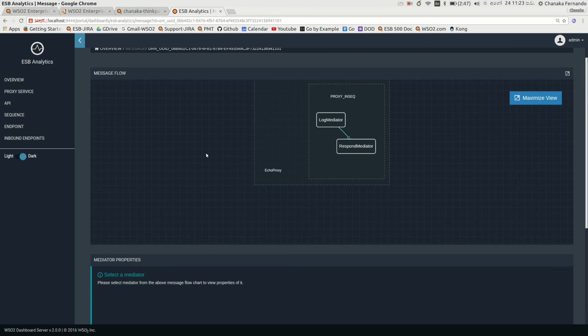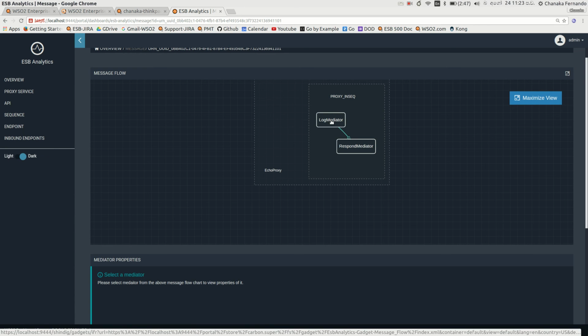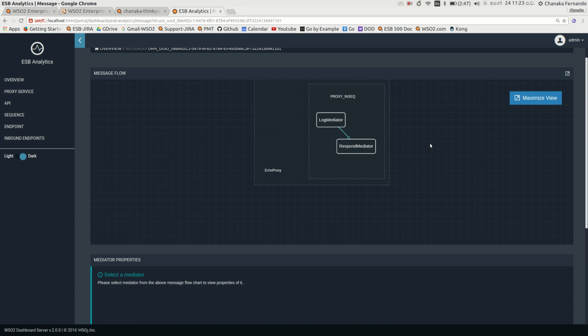Here you can see that the message has gone through the echo proxy, and in the echo proxy there is this in sequence, and in the in sequence we have both the log mediator and the respond mediator.